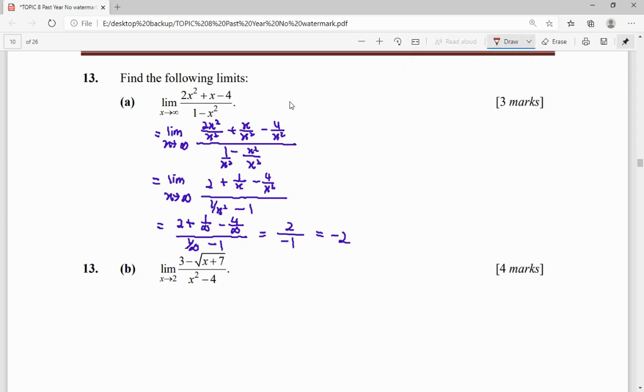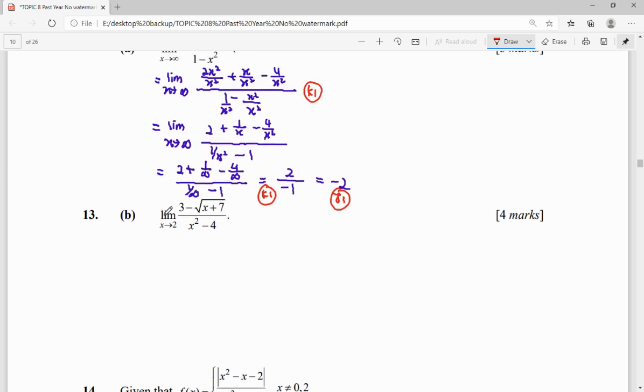So the important concept here is we have to divide by x squared for every term of it, which is our highest power from the denominator, to simplify our IDF form. Then we evaluate our limit at infinity to get to the answer. For question B,